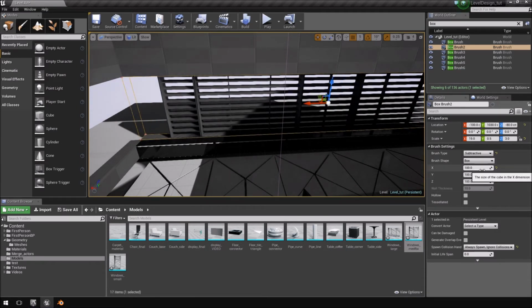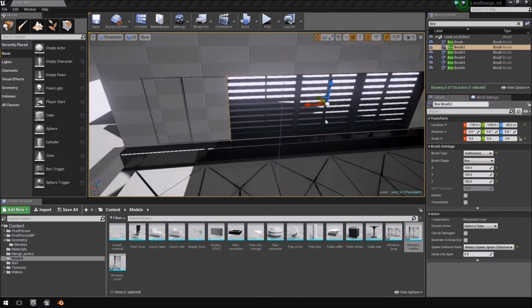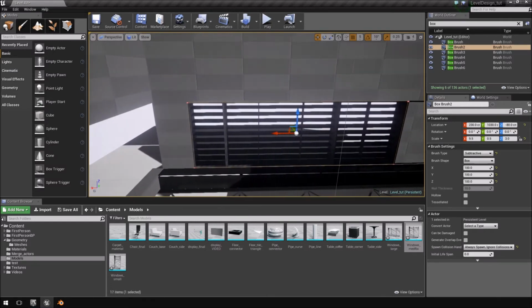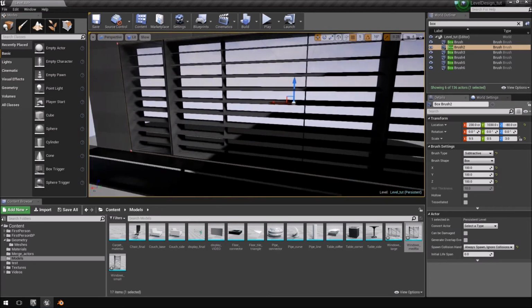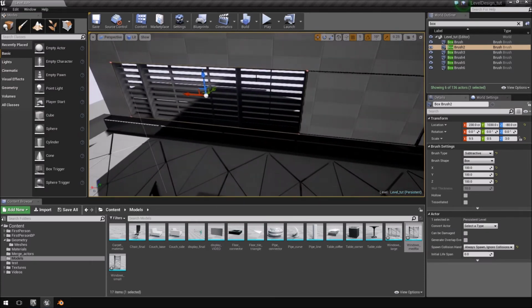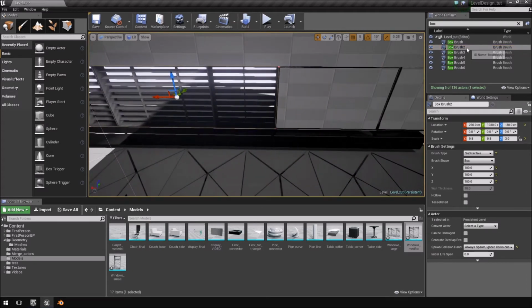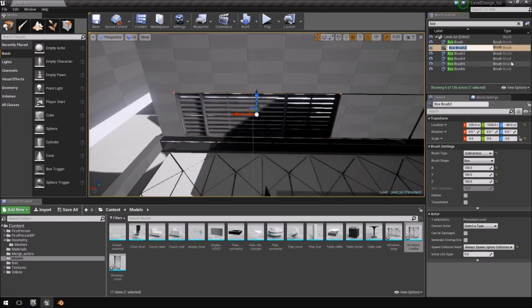So bearing that in mind, what I'm going to do here is, let's move it all the way to there. I'm going to set the scale, let's say, to half of that. So we're going to go with 9.5. Alright, and then I'm just going to move it to where I want it to be. Let's say somewhere along the lines of, actually it will cover that entire section over there. So let's say that this section we're going to keep a wall, and then we're going to have a repeating section over here. Let's just quickly rename this subtract